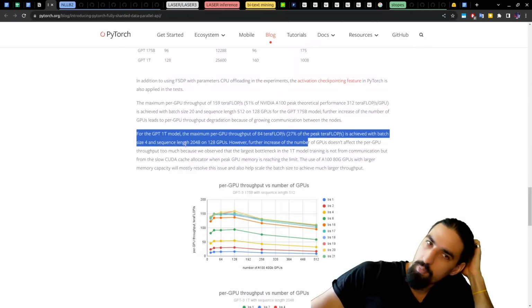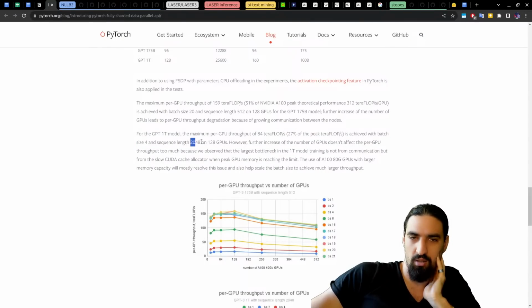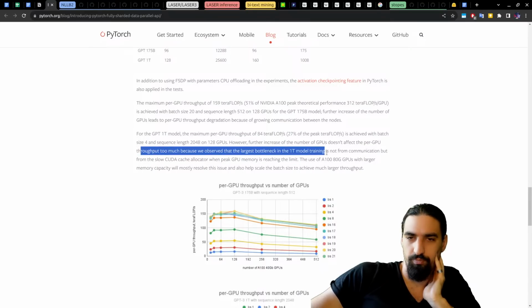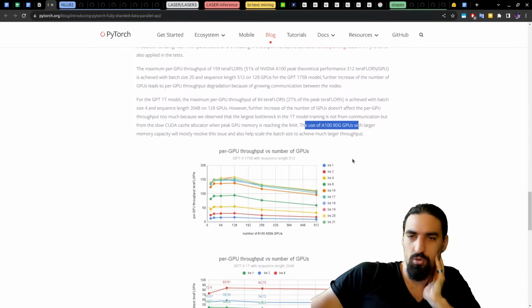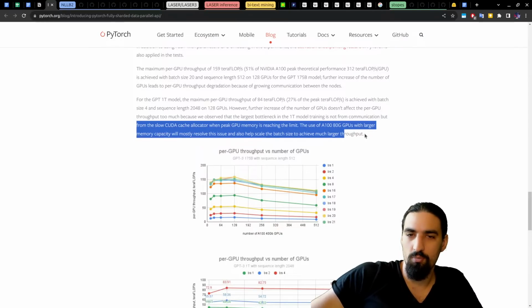For the GPT 1 trillion, the maximum throughput of only 84 teraflops is achieved with batch size 4 and sequence length on 128 GPUs. The use of A100 GPUs with larger memory capacity will mostly resolve this issue and also help scale the batch size to achieve much larger throughput.